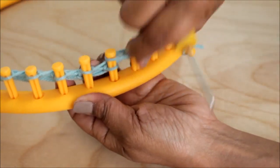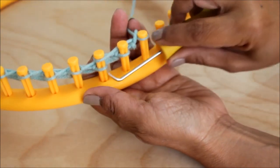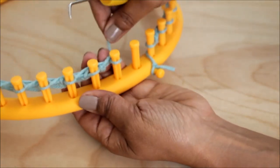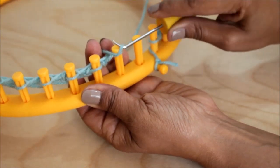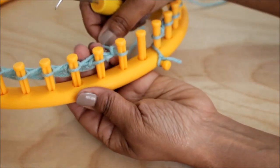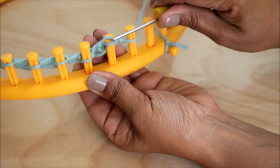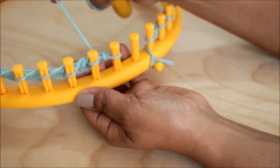Alright, you're on the last repeat of the stitch pattern in order to finish row 1. And once you knit off, now you're ready for the second row, which is actually just a repeat of row 1. So you're going to knit that peg again, which is your knit 1, and the next one will be your knit 2, and then you start that mock mesh stitch pattern again, because that peg 2 is where your working yarn